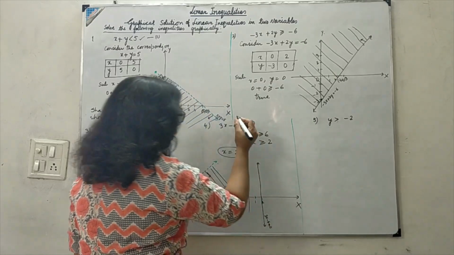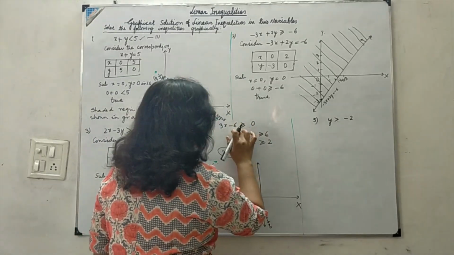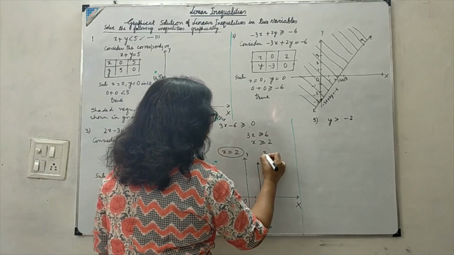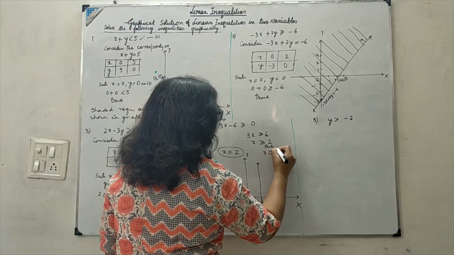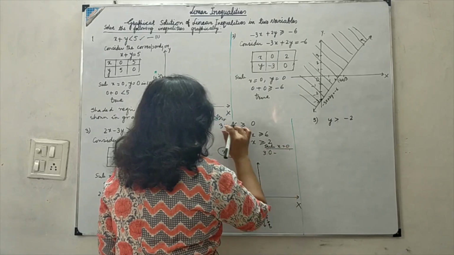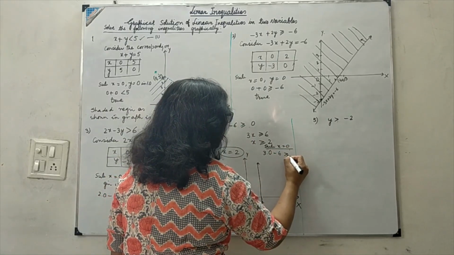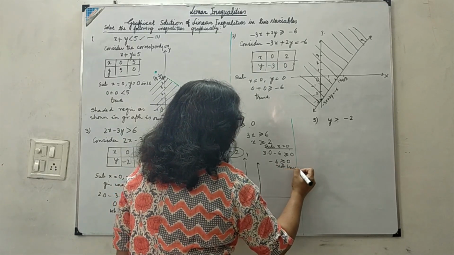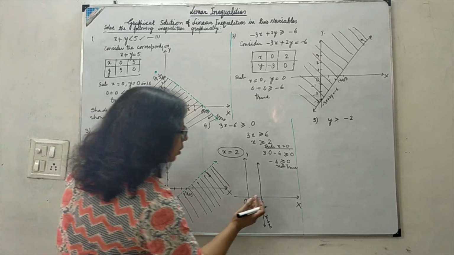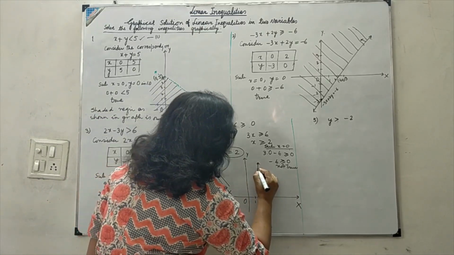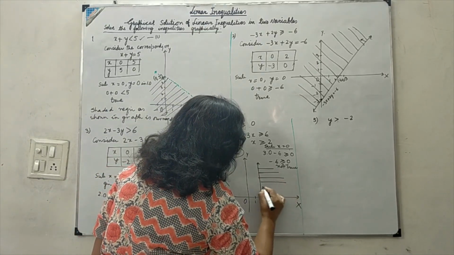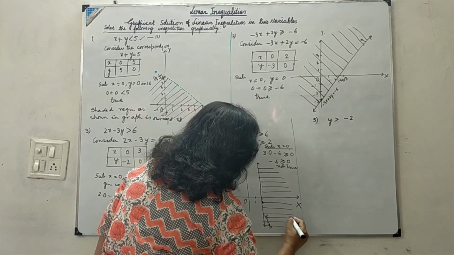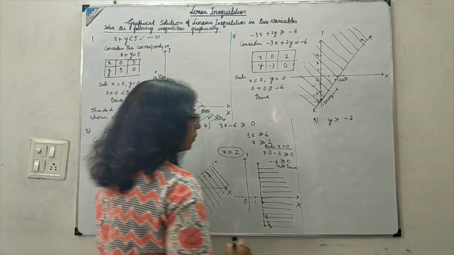And now to check whether it is this half plane or that, right or left, what will I do? Again I will substitute x as 0. So 3 times 0 minus 6 greater than or equal to 0. This is minus 6 greater than or equal to 0, which is not true. Not true means the half plane which does not have the origin will be your required part. So this side will have the required shaded region as our solution.